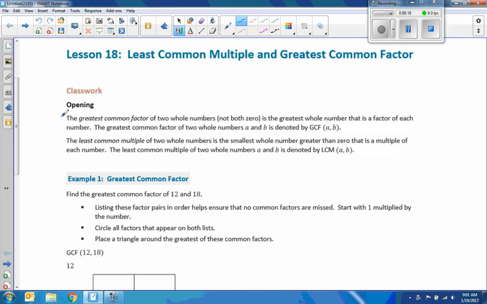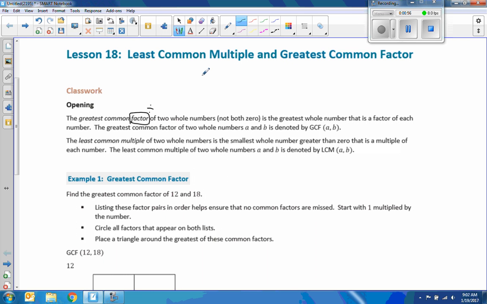Very often, people confuse the least common multiple and the greatest common factor, answering with the GCF when asked for the LCM, or giving the LCM when asked what the GCF, or greatest common factor, is. The greatest common factor of two whole numbers, not both zero, is the greatest whole number that is a factor of each number. The greatest common factor of two whole numbers, A and B, is denoted GCF(A, B). So just keep in mind that if we are asked for the GCF, factor